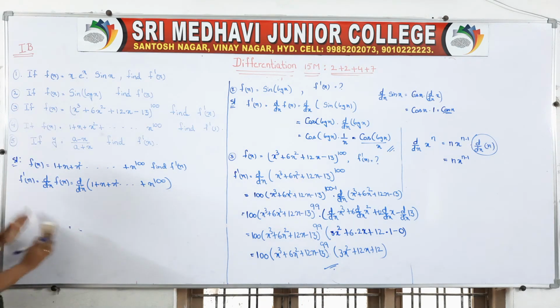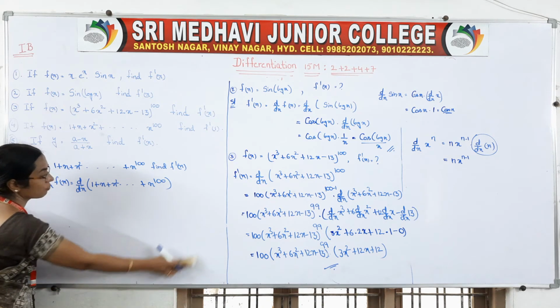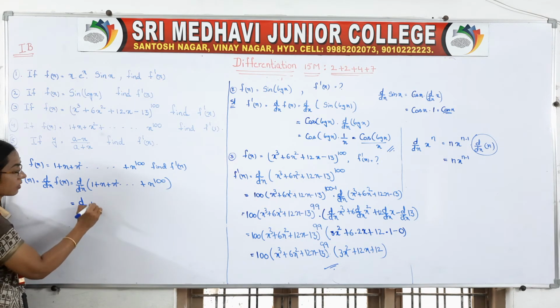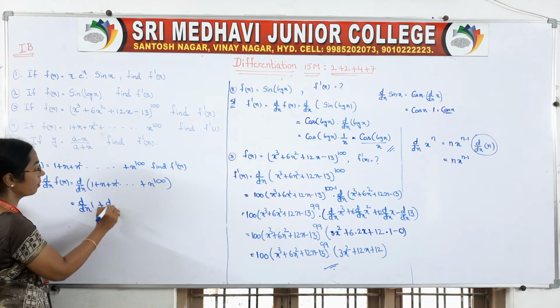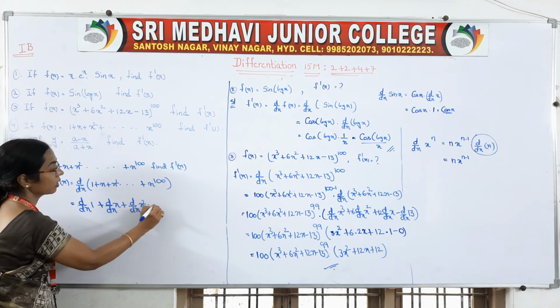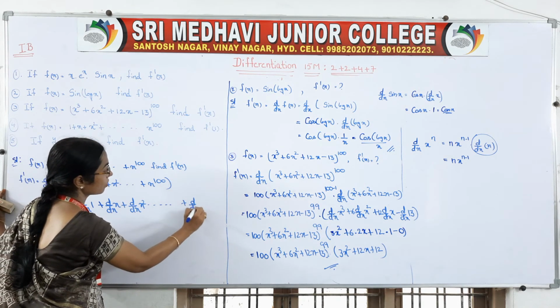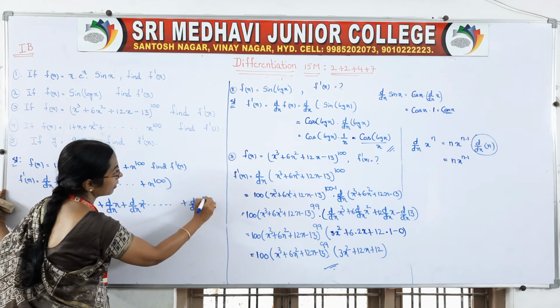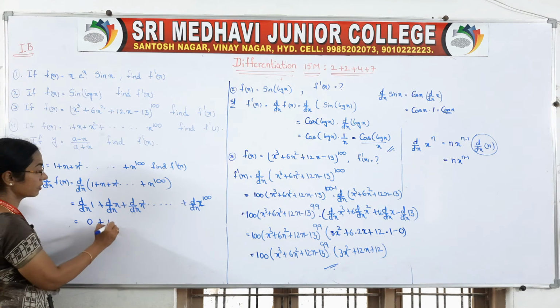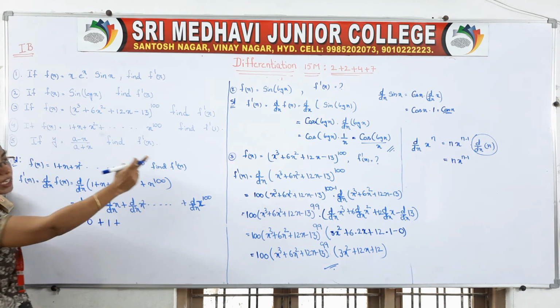So whenever inside the bracket we are having plus and we have to find a derivative, we have to take separate derivatives. So d by dx of 1 plus d by dx of x plus d by dx of x square and so on, d by dx of x to the power of 100, right? Observe, d by dx of 1, it is a number, derivative of a number is 0, constant, number means constant, and d by dx of x is 1 plus d by dx of x square, x to the power of